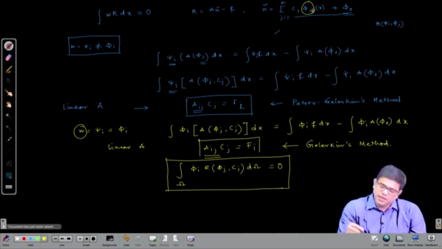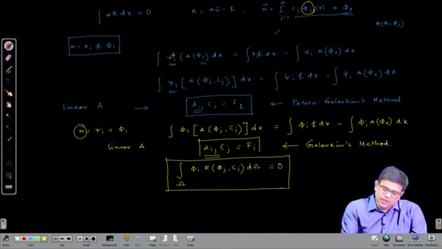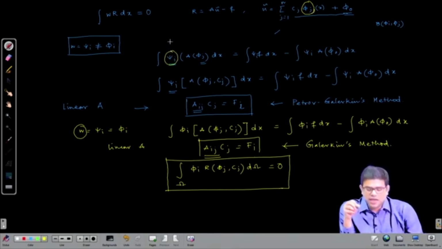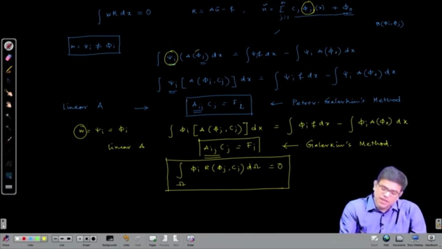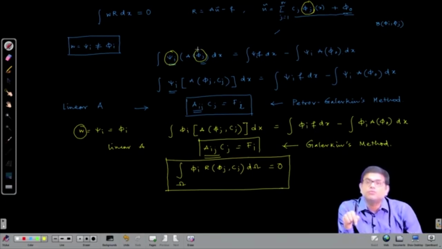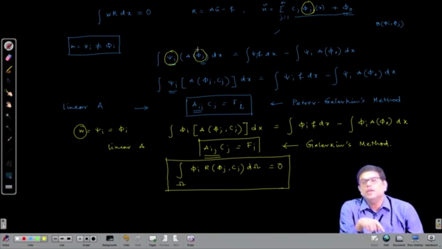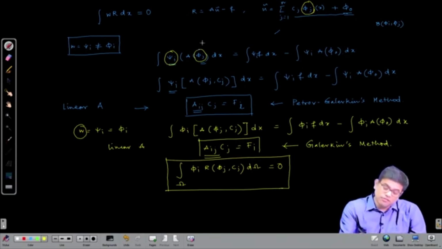So that means in case of a Petrov-Galerkin method, we restrict this condition that the psi i need not satisfy the homogeneous boundary condition, but phi j's need to satisfy the homogeneous boundary condition at the boundary. So this is very much required thing in the